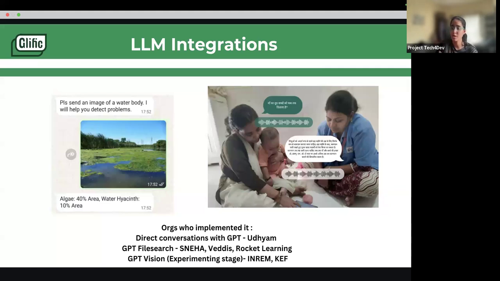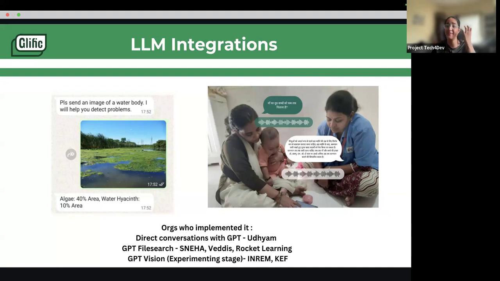But a lot of times, you might not want the user to have access to everything under the sky. So you might want to contextualize your information, or provide the information from a particular knowledge base that you have curated. So that's another thing which is possible, called GPT file search. This is one integration which we have done, where you can update the knowledge base.